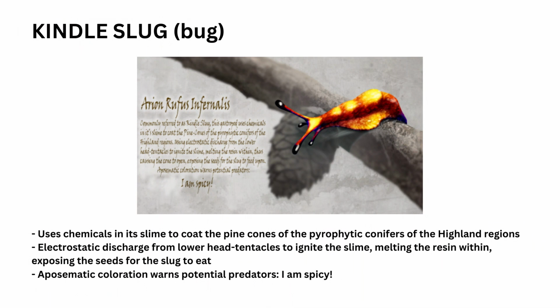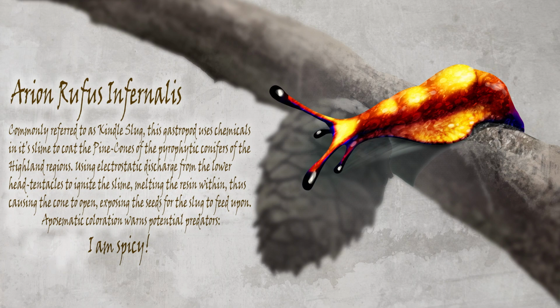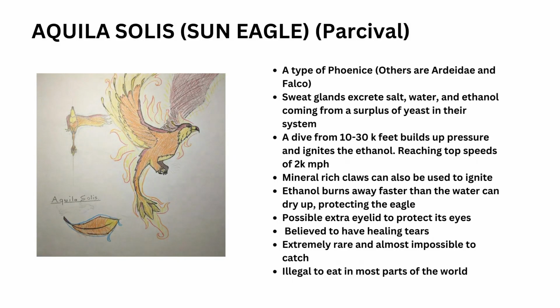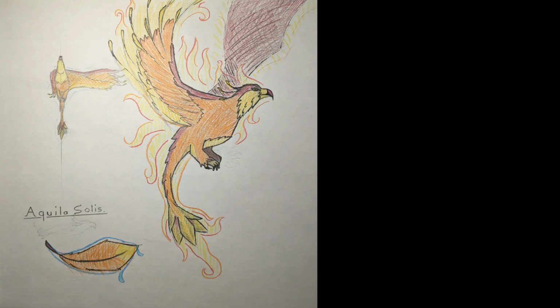The spicy-colored Highland Slug uses its slime to coat pyrophytic pine cones before releasing an electrostatic charge from its lower head tentacles to ignite it, melting the resin of the cone and exposing seeds for the slug to eat. We're close to the end with the next category: Instantaneous Ignition, with only one submission: the Aquila solis, or sun eagle, coming from Parzival. Possessing sweat glands that excrete salt, water, and ethanol, stemming from an abundance of yeast in